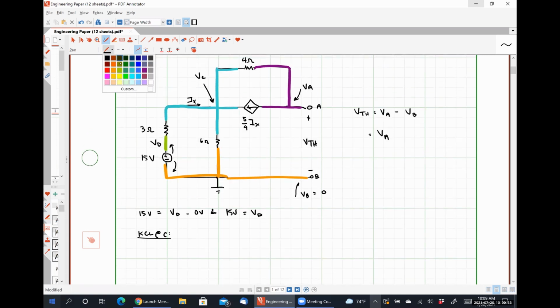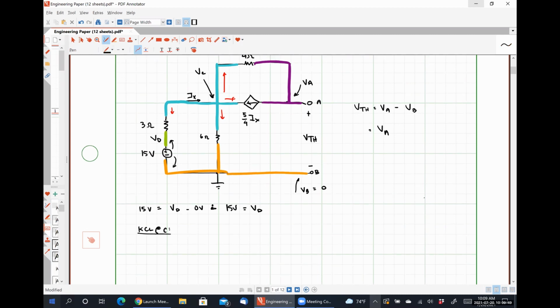So to be clear here, I am adding this current, this current, this current, and this current together and setting them all equal to 0. So that's going to look like